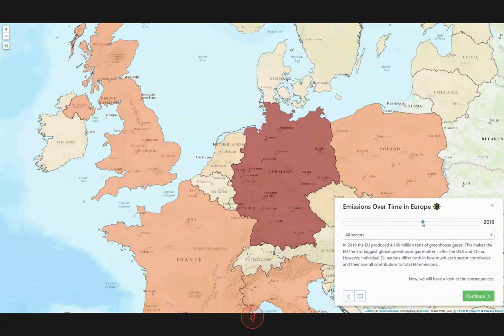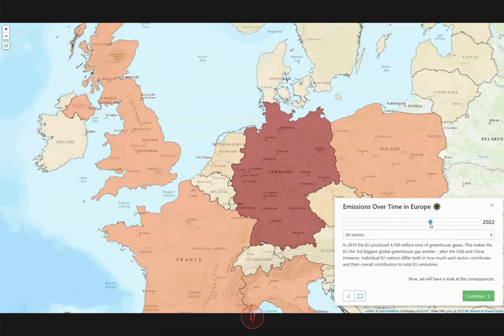So we can, for instance, go back in time, go to 1990, of course. So we see that the tooltips, the information here is different than if you go in the future. So we have different figures here. The colors usually don't change much because the relation among the countries in terms of their emissions is fairly constant. But sometimes you see a change in color.